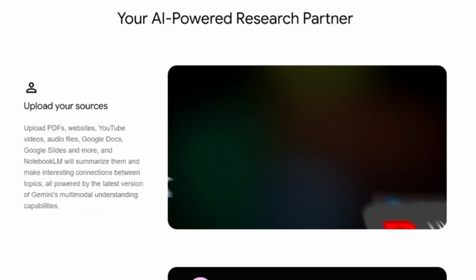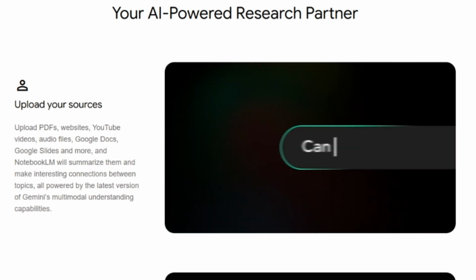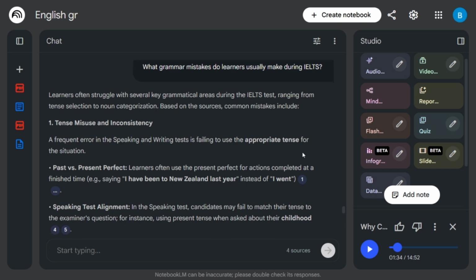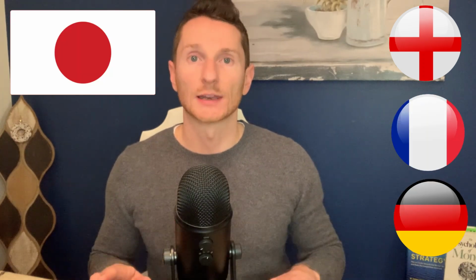Most people use AI like ChatGPT and Google Gemini, but almost nobody is using NotebookLM, especially for learning languages. And that is a huge mistake, because NotebookLM might be one of the most powerful language learning tools. And today I will show you how to use it to learn English, French, German, Japanese or any other language